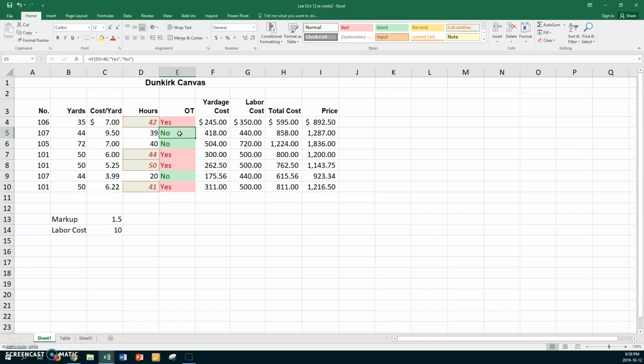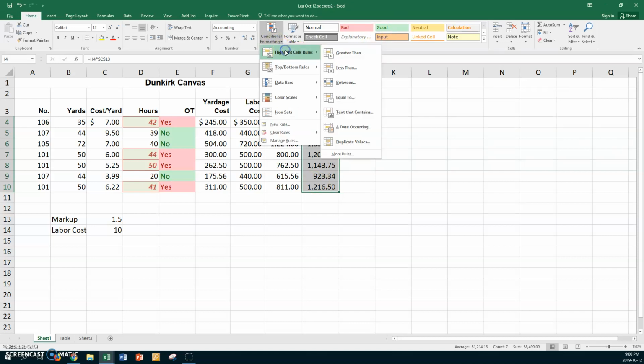Okay, now there's another way you can do things. So click in cell I4, hold down your shift key and click in I10. Now this time what we want to do is use a formula to determine which prices are going to be colored. Okay, so we're going to go to conditional formatting, highlight cell rules, but this time you're going to go to more rules,